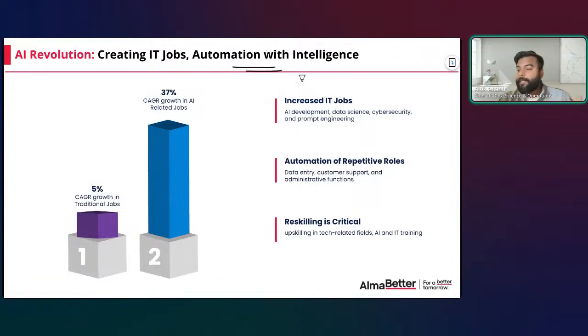Earlier, companies were like, okay, my data and everything is stored in registers, let's bring it online, let's put it on an application. That's why you see a lot of websites, web applications, and mobile applications created. But now, on top of it, there is a component of intelligence also coming in. So wherever humans were involved in managing that application or overall operations, can we put intelligence over there, that is artificial? And that is what the AI revolution is doing. So automation will always be there, but how do you integrate intelligence, right? So what is the impact of it?